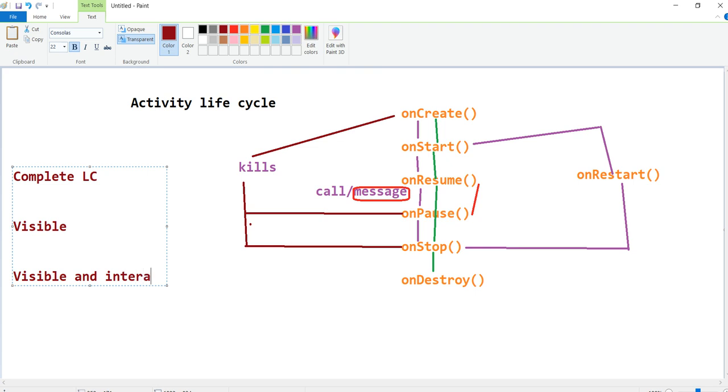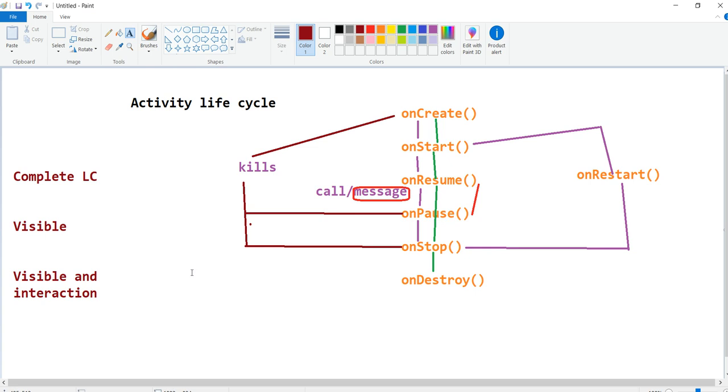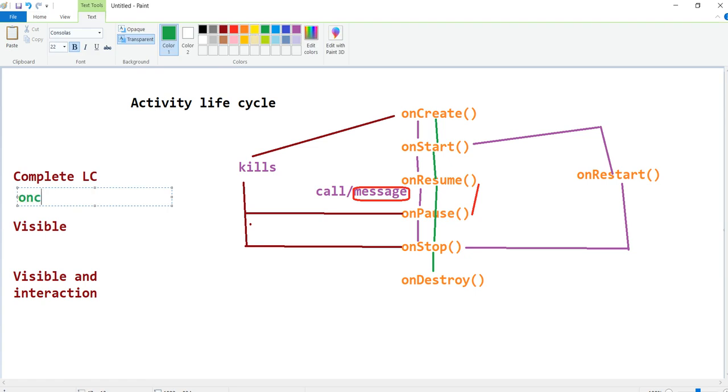So what are these steps? The complete life cycle is from onCreate to onDestroy. This is the complete life cycle: onCreate to onDestroy.